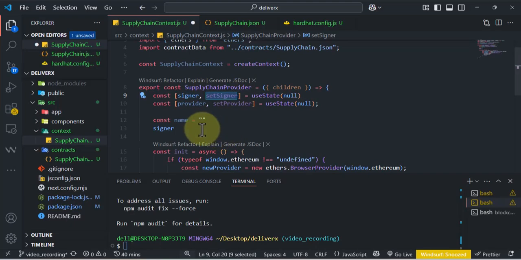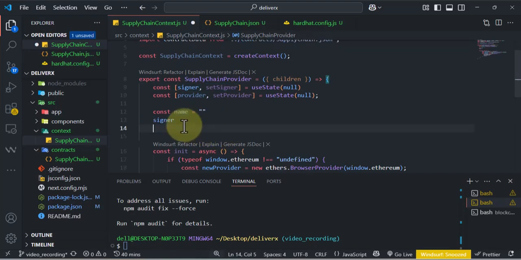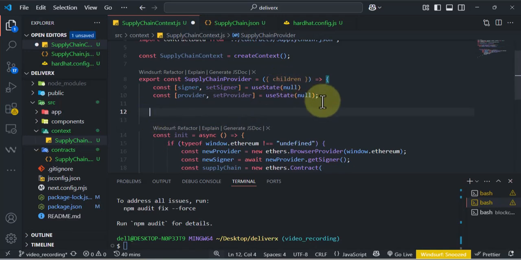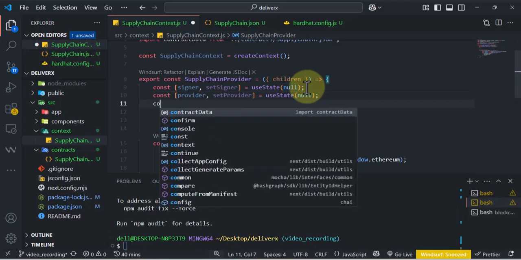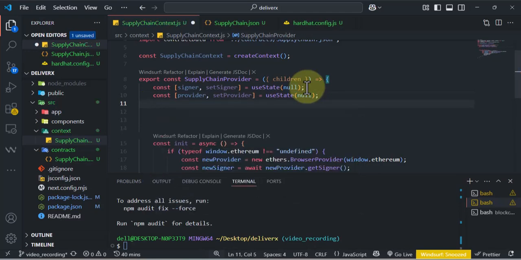Initially it is none. So if later I want to change the value to, for example, MetaMask, this is how to change the value. Once I change the value, if I read it again, instead of it to be none now, it will now be MetaMask. So that is how that will work. It's a React functionality. So the next thing we also need to set,